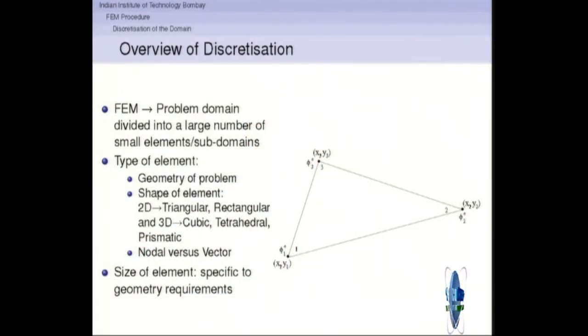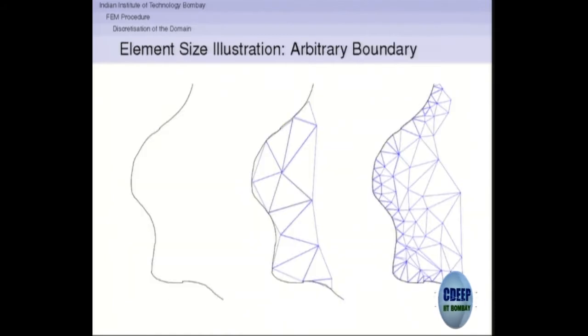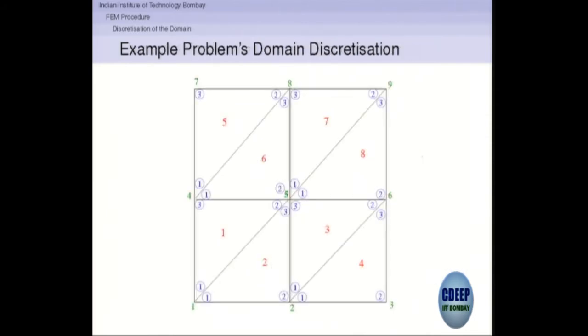So in finite element method, what we do is we divide the whole domain into what are known as elements, and here we will divide it into triangular elements, right. Triangular elements are one of the simplest ones, and it is easier also to explain, that is why I have chosen triangular, but you can use rectangular, and for 3D you have cubic, tetrahedral and prismatic elements. As your geometry is more and more non-uniform and curvy, you need smaller and smaller triangular sizes to capture that field variation.